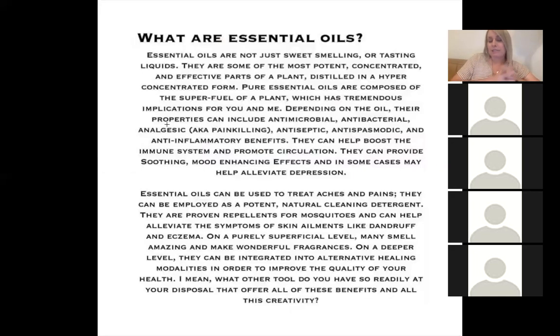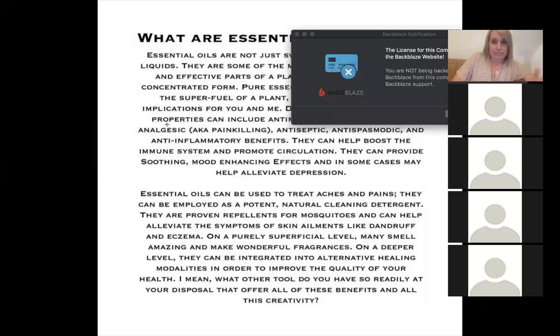So I love this. This is from one of the great books that I have, and I typed it out, and they said, what are essential oils? So this is how they described them. Essential oils are not just sweet smelling, or tasting liquids, they are some of the most potent, concentrated, and effective parts of a plant. Distilled in a hyper-concentrated form, pure essential oils are composed of the super fuel of a plant, which has tremendous implications for you and me. Depending on the oil,